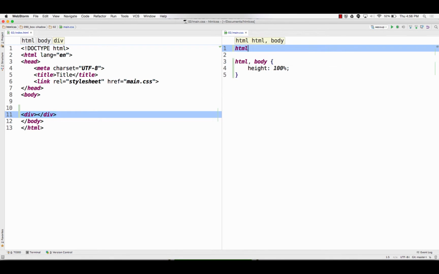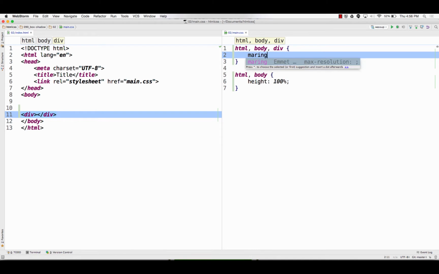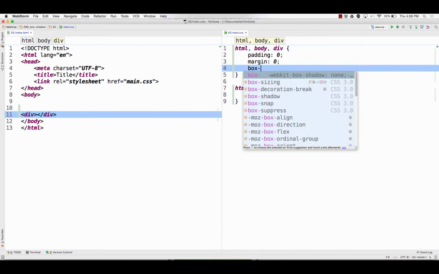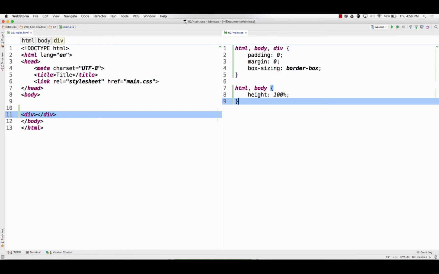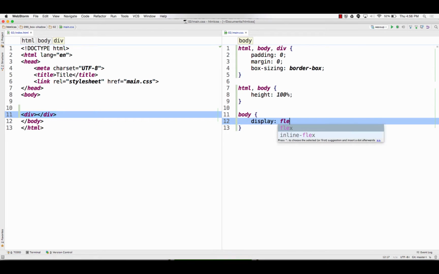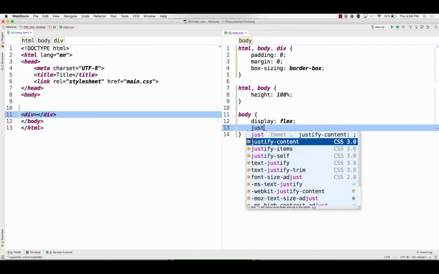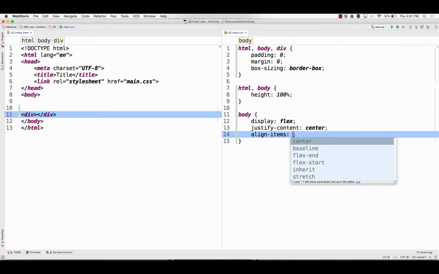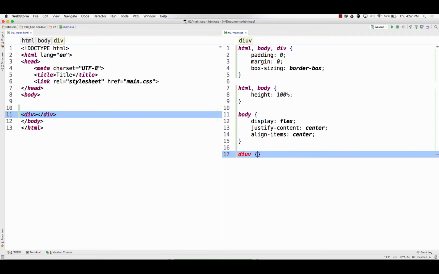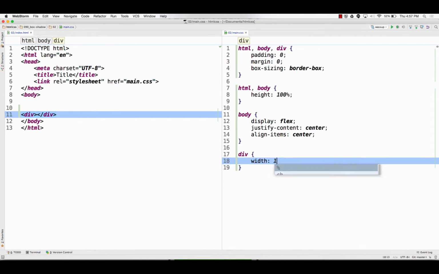And reset some stuff. And we have our margin, our padding, and then our border, and our box sizing, border box. And then for the body, display flex, and that's flex direction row by default, so we can just say justify content, and that will center horizontally. And align items, and that'll center vertically. And then our div, we need a width of, I guess 200 pixels. And a height of 200 pixels. All right, and then a background color,